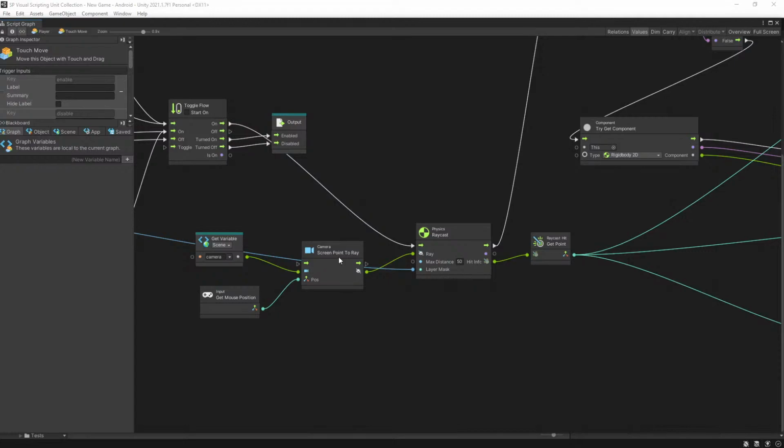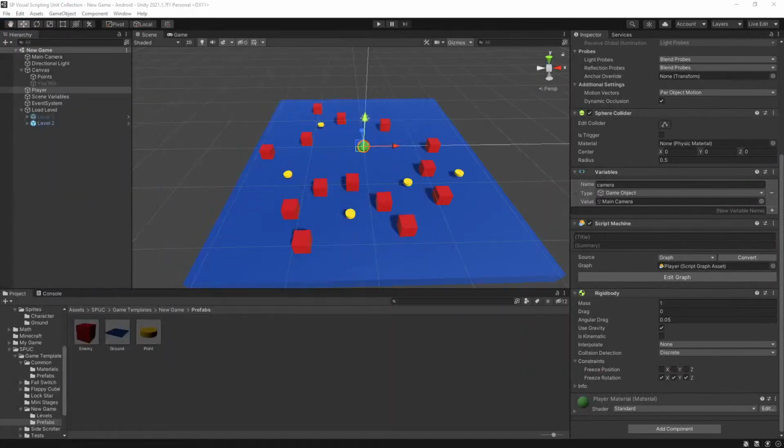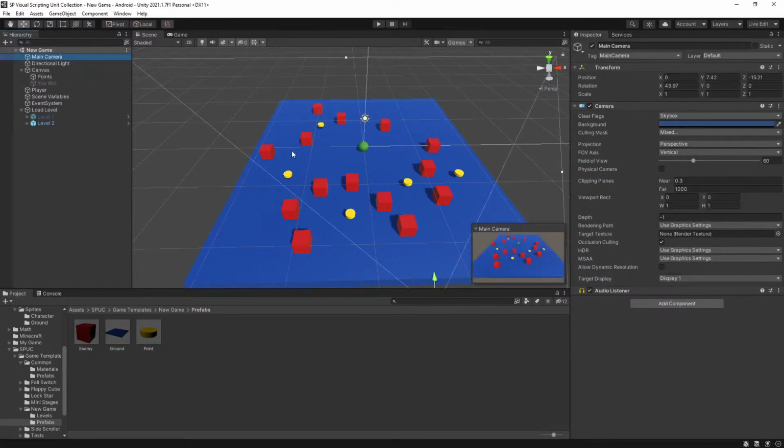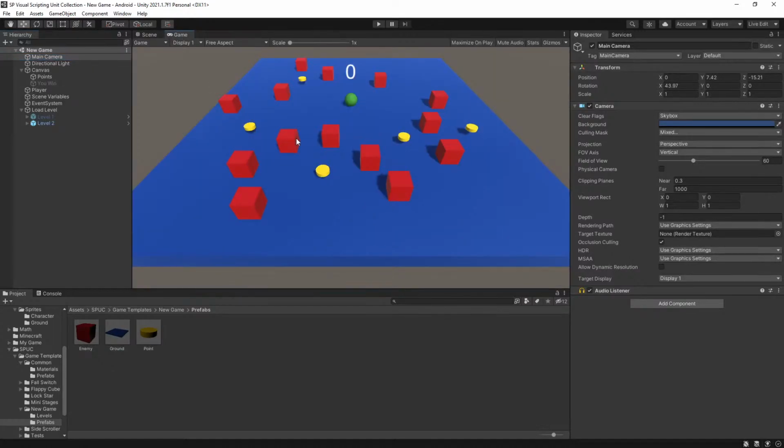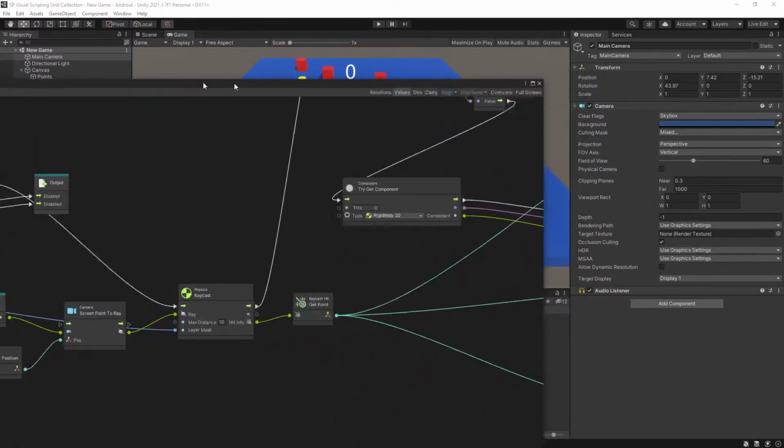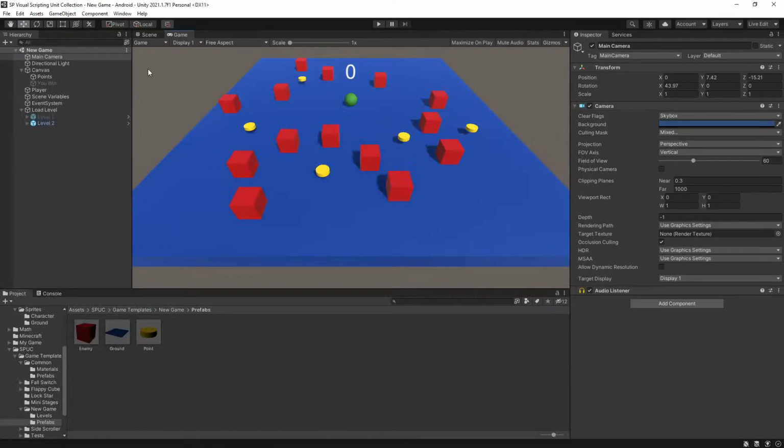If anyone is interested, I can explain what that is. Okay. So yeah, let me just do that, and I'll be wrapping you up with this video. So screen point to ray. What that basically does is convert. You have a camera here, and what screen point to ray basically does is determine, based on where you click on the screen,